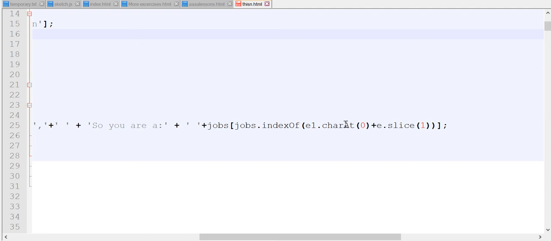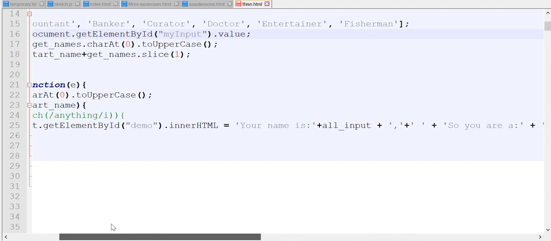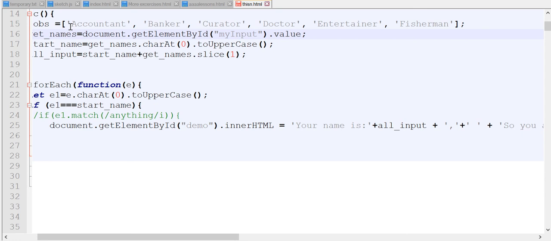You add it together. So for accountant, you get the first item, which is A, then add the remaining accountants. Remaining, when you remove A, it's remaining countants. For here, when you remove the A to check if it matches, and now it matches, what to do next? You take the whole of this and then add it up to A, making accountant, and that's what you're going